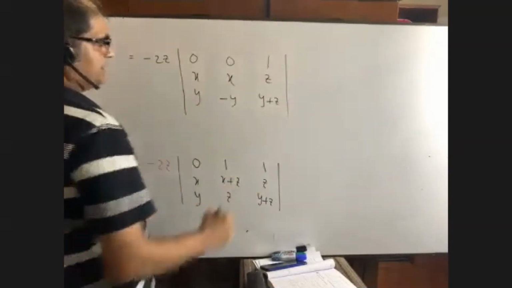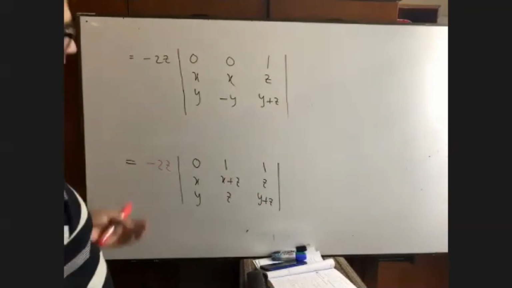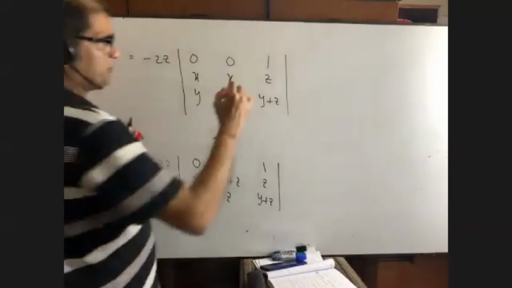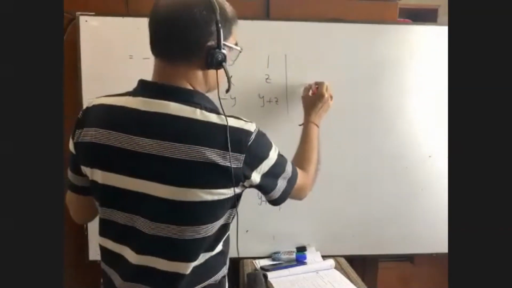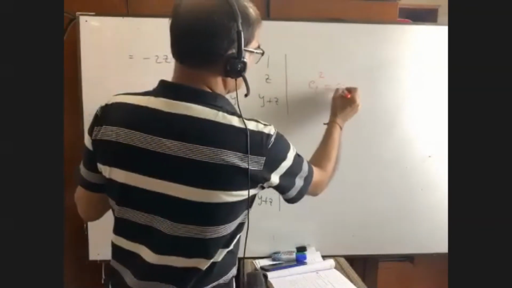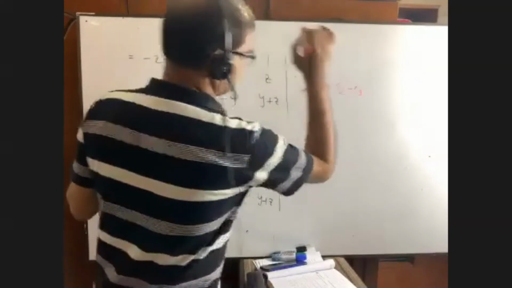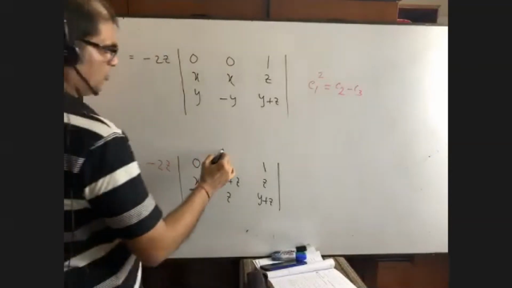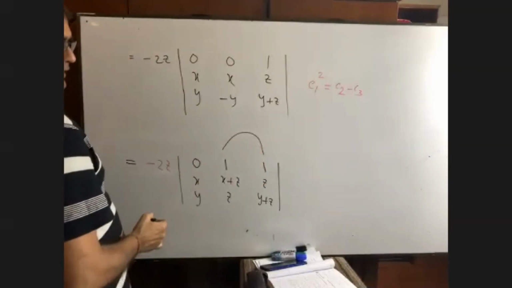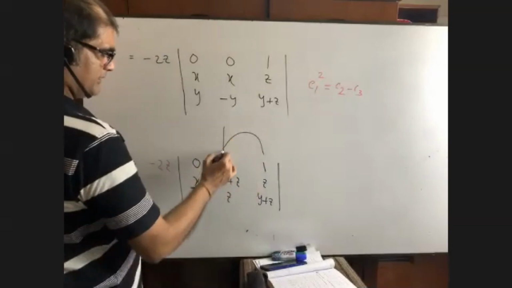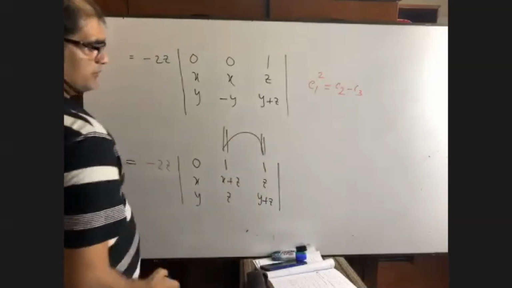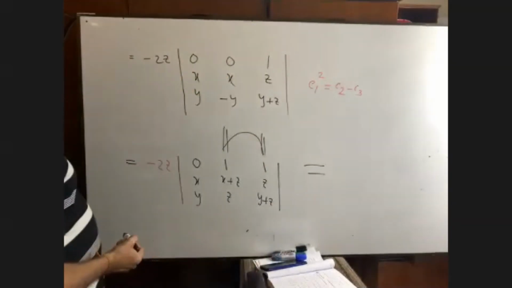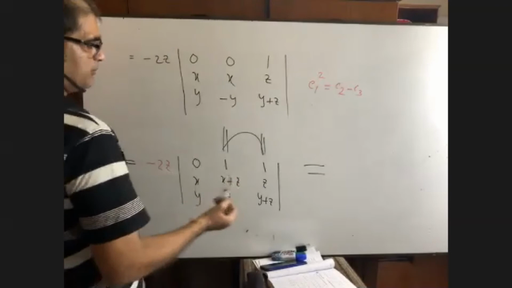Actually, what I have done, you have to understand. Can you please tell me what I have done here? Any of you? I have got new column 2 as column 2 minus column 3. Please try to understand. That means what I did here, 1 minus 1. It is column to column. This is a column, right? This is a column. But when I subtract like this, it is row.